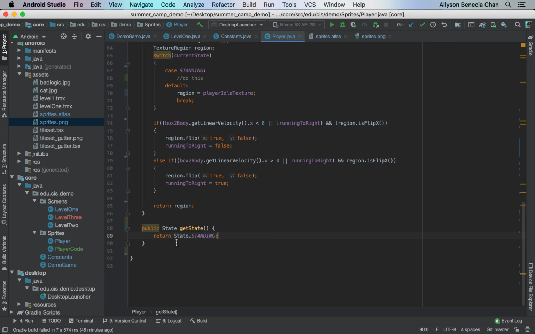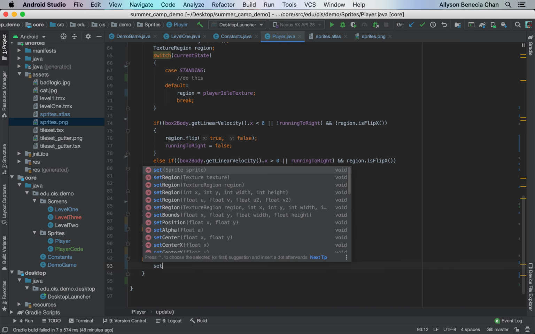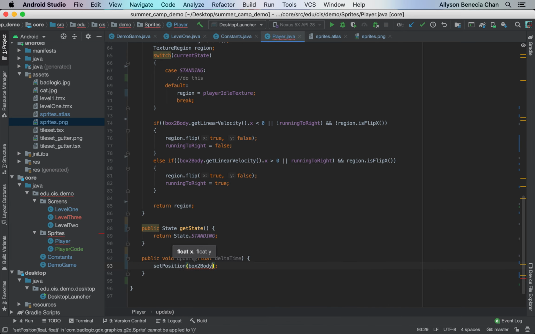The final thing is to create an update method that will update every time your frame, like you move your player, so it'll redraw the new texture. Void update float delta time. This will be called in the screen method, which is why we have a delta time. So set position to box2dbody.getPosition.x minus get width. So essentially, the box2d body, if there's a rectangle, it'll call the top corner, so the top right corner. So that's why you have to subtract it by half the width